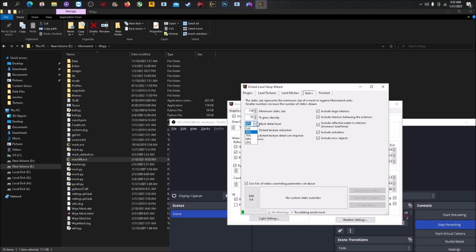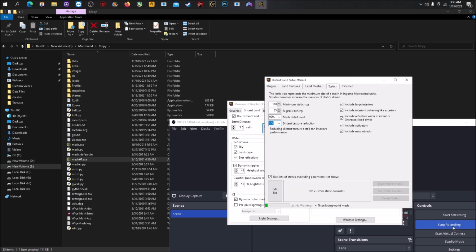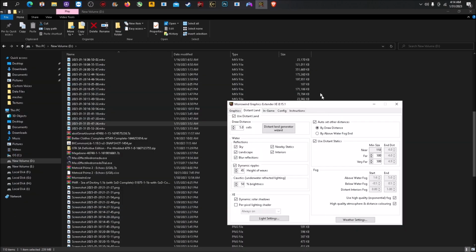I keep the mesh detail at 90. Half resolution. Distant texture reduction, I keep it kind of low. So we'll let this finish up. Alright, so once you have everything generated, go to distant land, disable auto set other distances, and you want